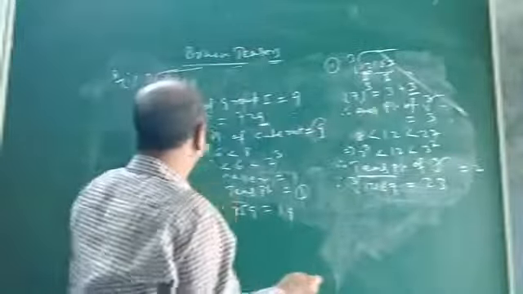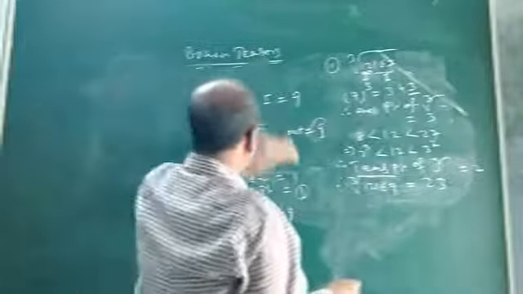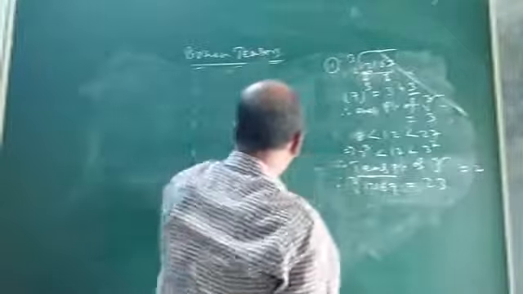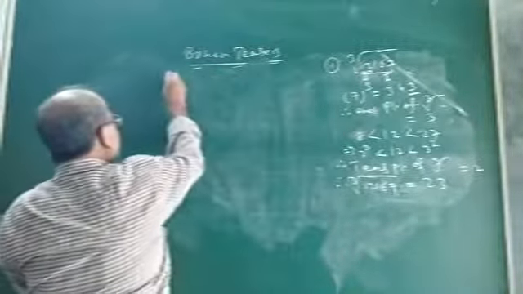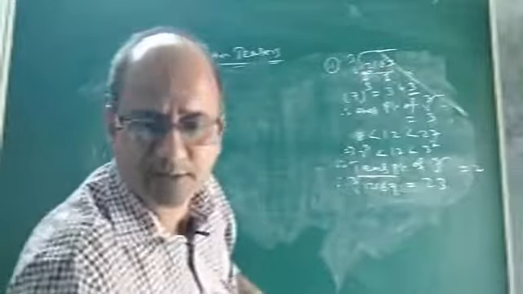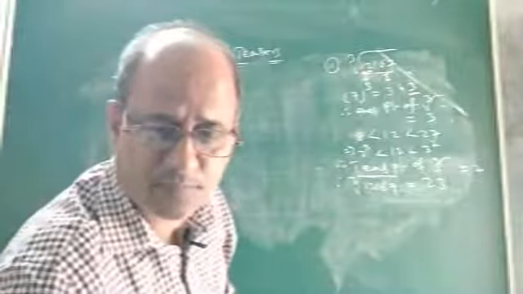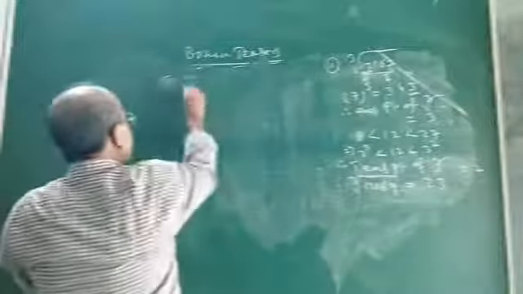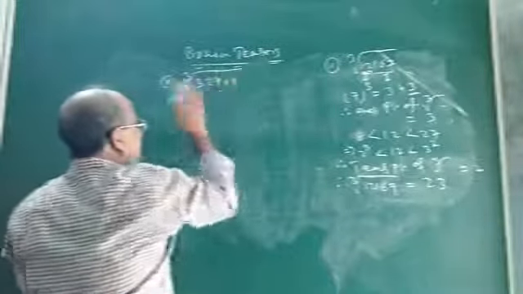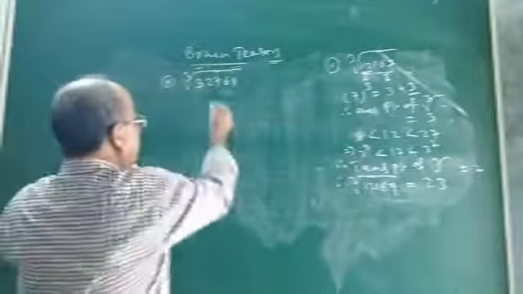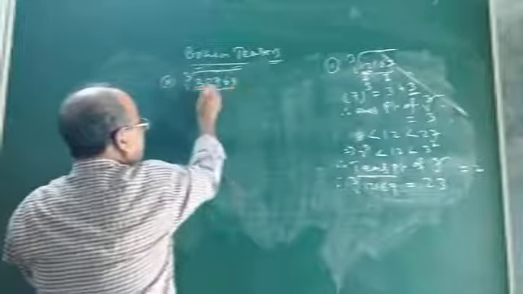Okay, now the last question of this brain teaser. What is the last question? Let us see. The last question is: find the cube root. Guess the cube root of 32768. Okay. 32768. That means 32,768. How to find out? Now look at this, this is group 1, this is group 2.